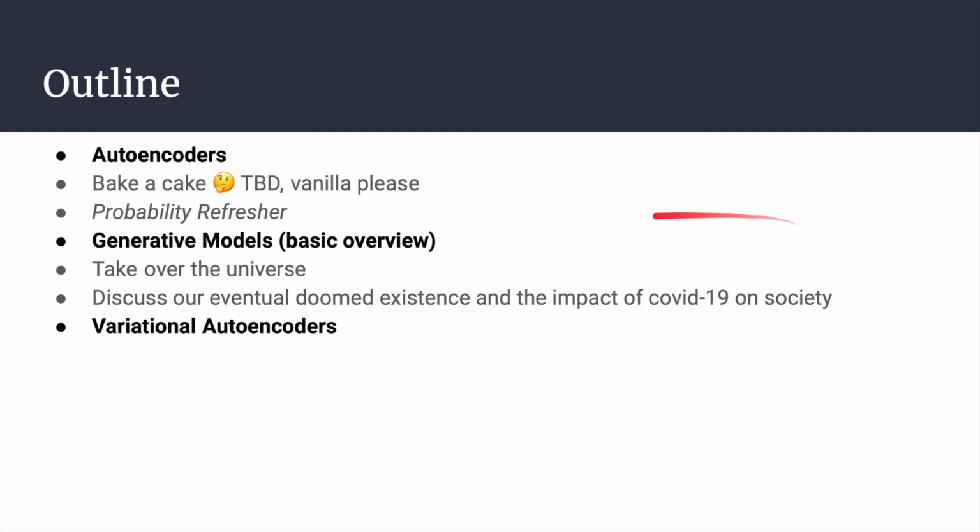And then we will give a basic overview of generative models, which is the larger category that variational autoencoders exist within, like GANs, for example. And there's a few others that I can definitely name if I wanted to. Nevertheless, after the generative models overview, we will start discussing variational autoencoders in their entirety,